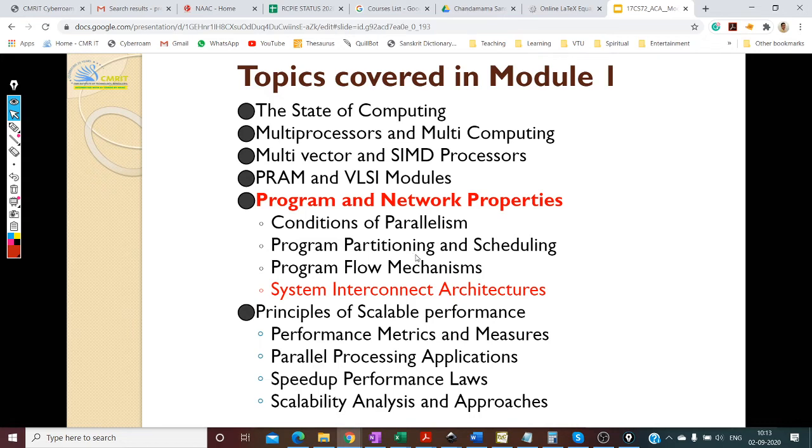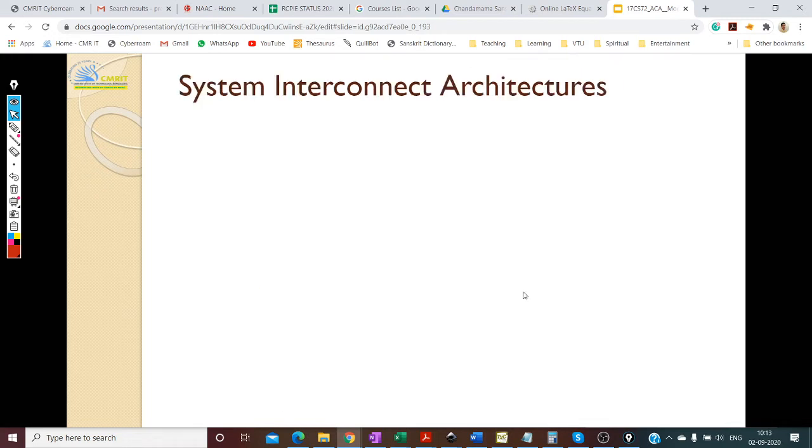So we saw about granularity of your parallel programs, and also grain packing and scheduling. So that will help us to come up with the most optimal way of parallelizing the algorithms, right? And now we are going to deal with system interconnect architectures. Okay, so we'll see what they are.